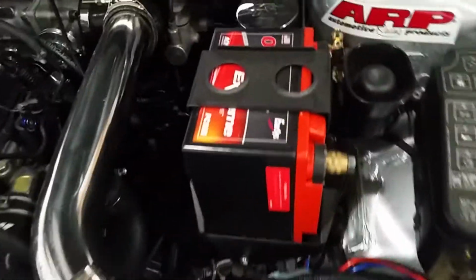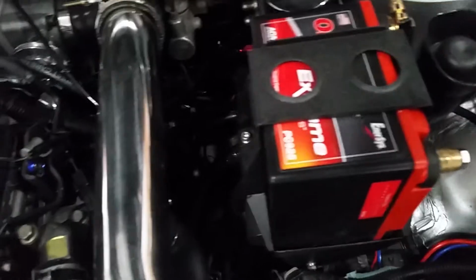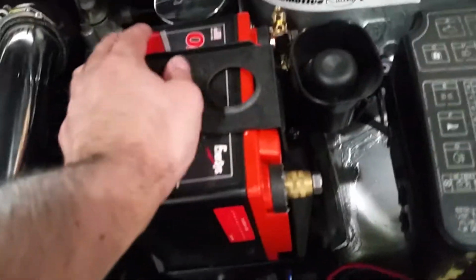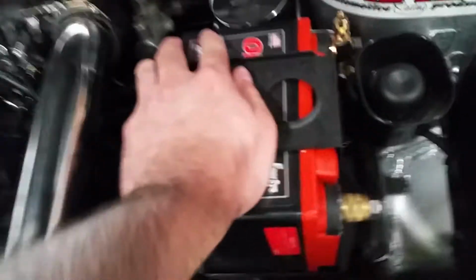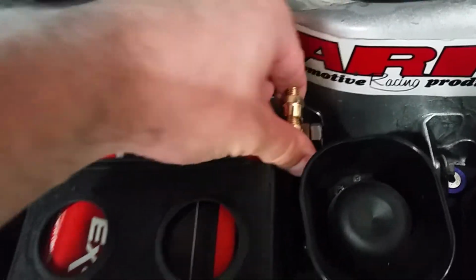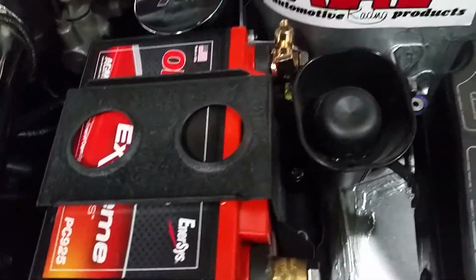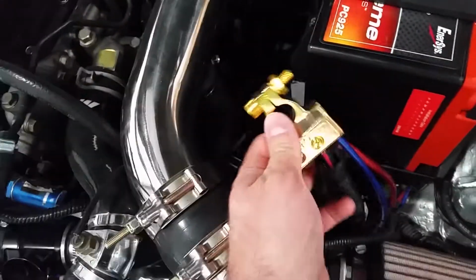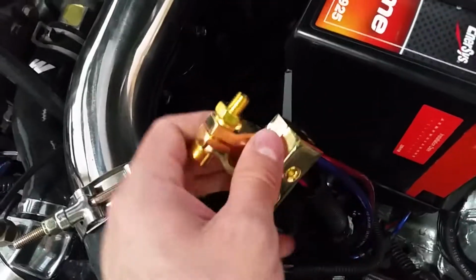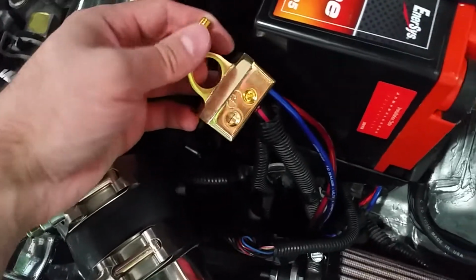We finished the battery box, and I got the battery mounted. Everything's good with that. Thing's rock solid. Replaced my terminals with gold terminals and put a new ground wire on. Fixed the positive terminal. Got this off of eBay, and what I did was, because the ring terminal for the